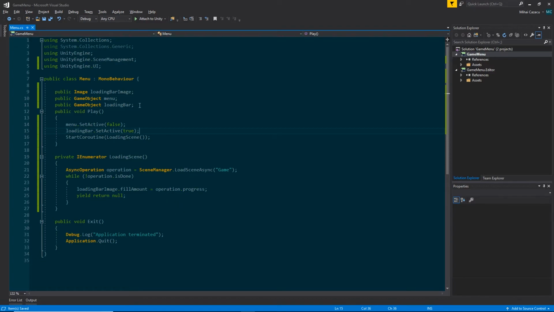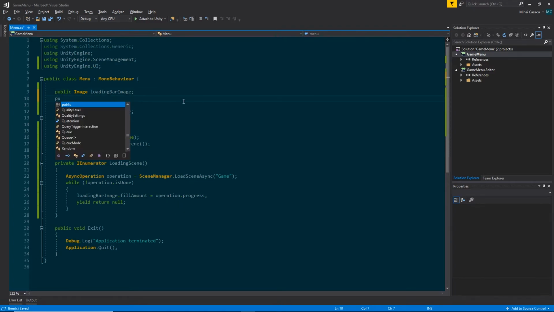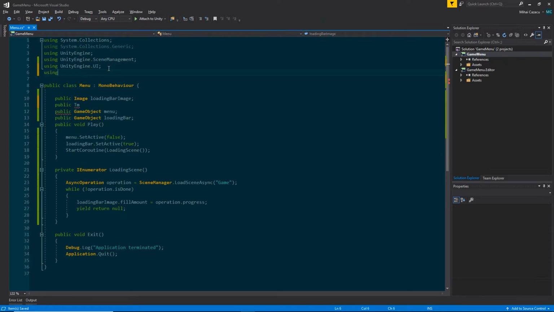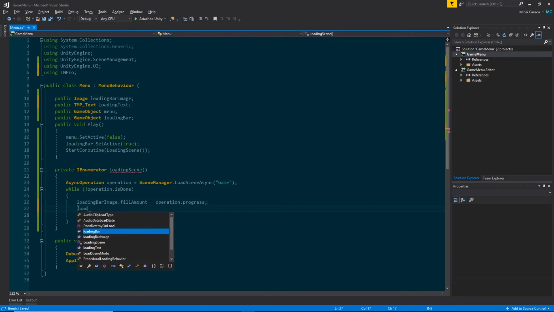Let's also change the percentage our text shows by creating a reference to our text value. We have to use TMPro from TextMesh Pro so we can access the TextMesh Pro text value. Let's call it loading bar text, or loading text. Okay. And inside here, let's say loadingText.text